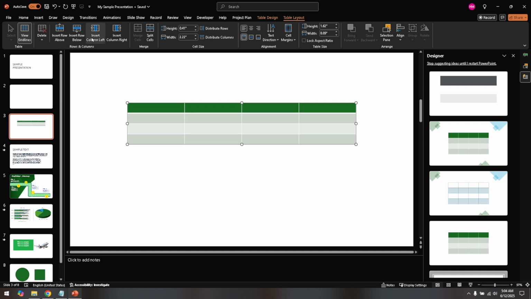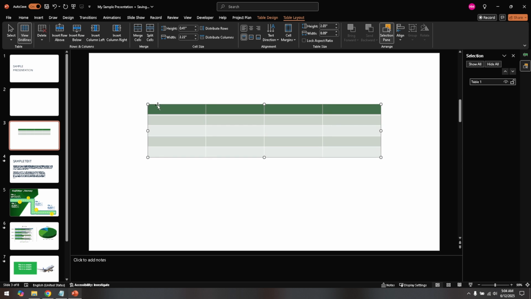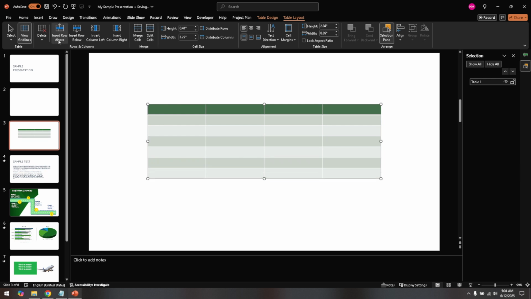If you wish to add more rows above the current selection, simply click the Insert Row Above option. This will add another row directly above the one you're currently highlighting. This feature is particularly useful when you find the need to insert additional data or text above existing information without disrupting your current layout. To add more columns, perhaps when you need to categorize further or expand your data horizontally,